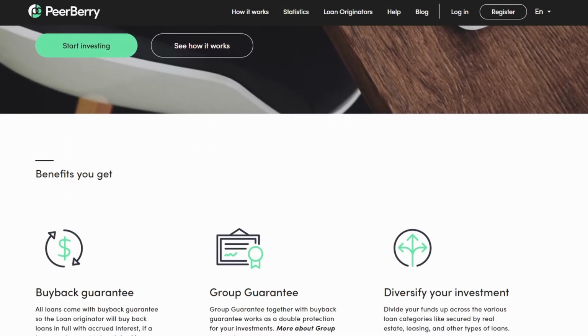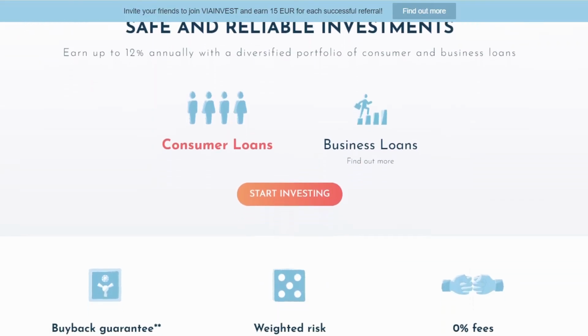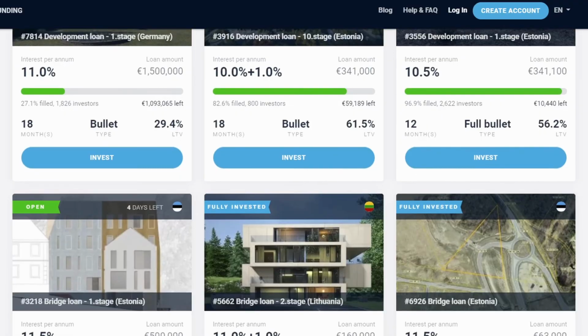So now you might be asking, what is the best P2P lending business model for you? Well, it comes down to your investment goals and how risky an investment you are prepared to make. If you're just starting out with P2P lending, a P2P marketplace is going to be the best fit for you. If you want to diversify your portfolio, joining a P2P platform with a long-lasting track record is also a solid approach. If you want to bring more safety to your P2P portfolio, you should consider investing in P2B loans that are backed by a mortgage.